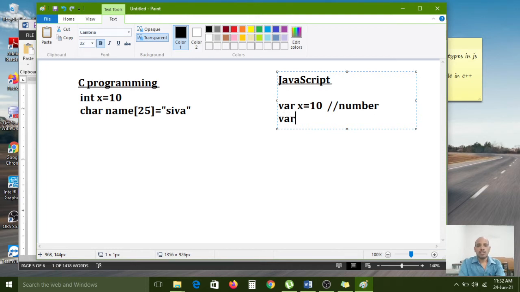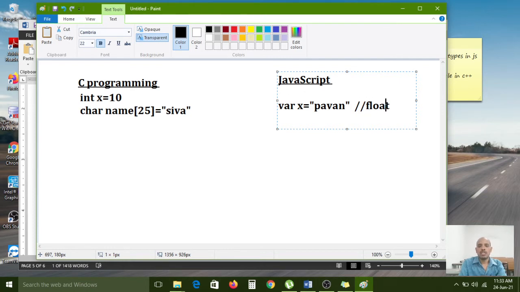Now instead of 10, I want to store 10.5 as the value. In that case, instead of number, the JavaScript engine decides a float data type. And instead of 10.5, now I want to store Pavan as the name, a group of characters, a string.